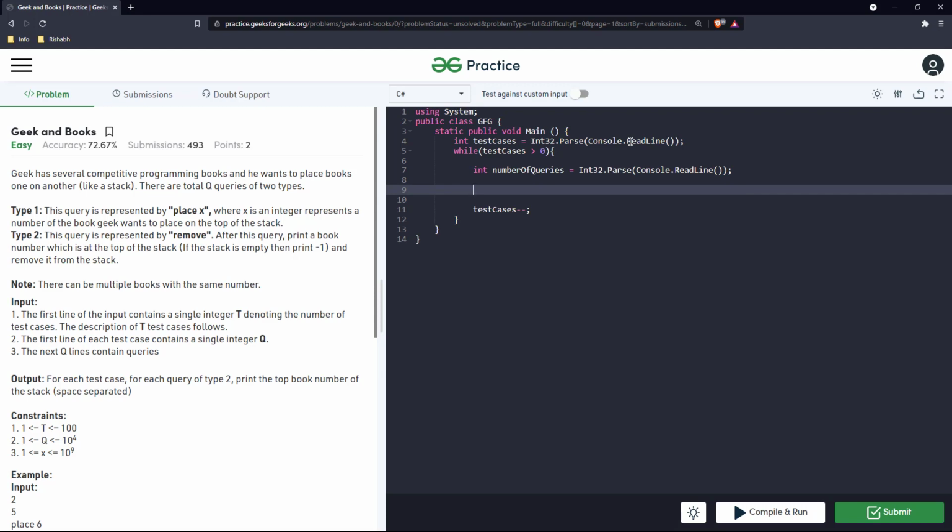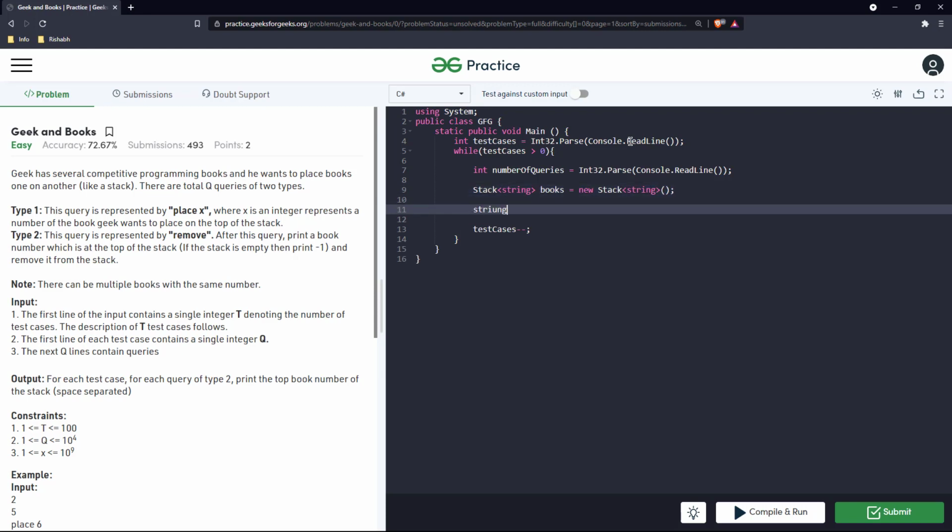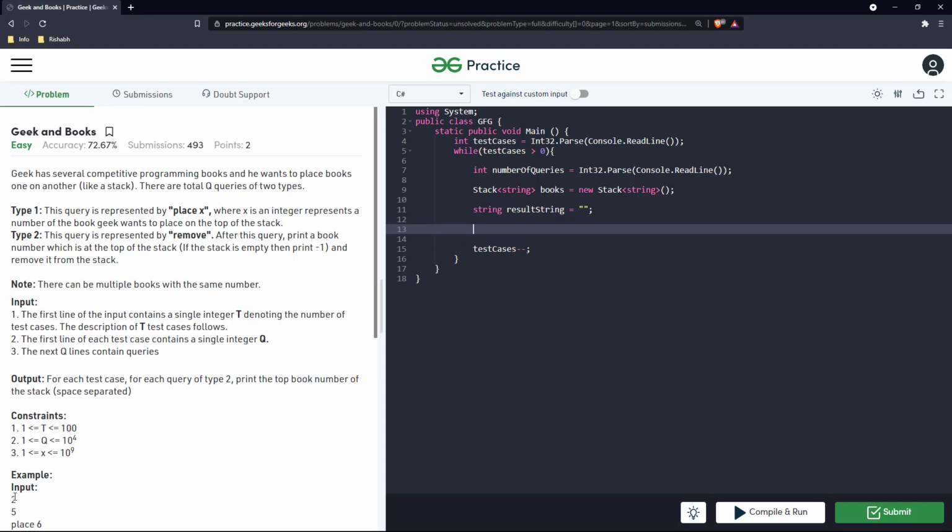Okay. For each query we need to start accepting an input. So what we are going to do is we will maintain a stack of strings which will have all the books, and we will maintain a result string in which we will store whatever.